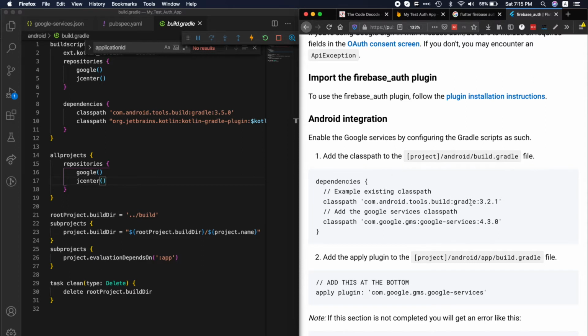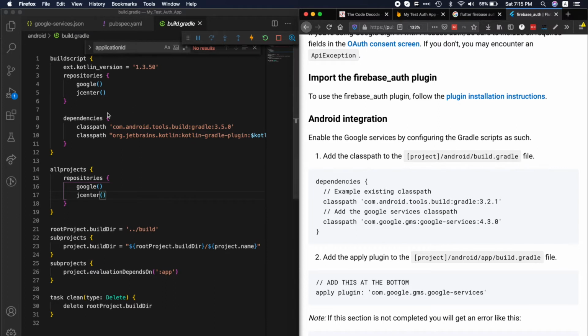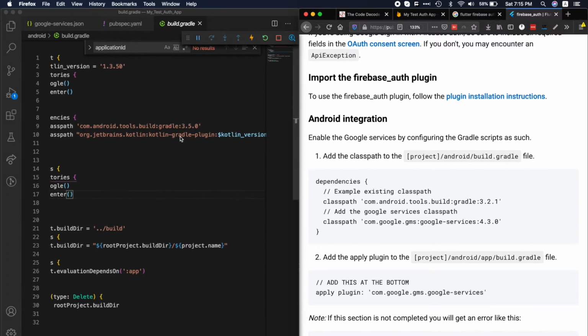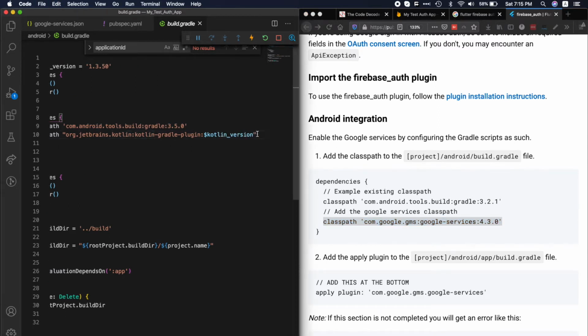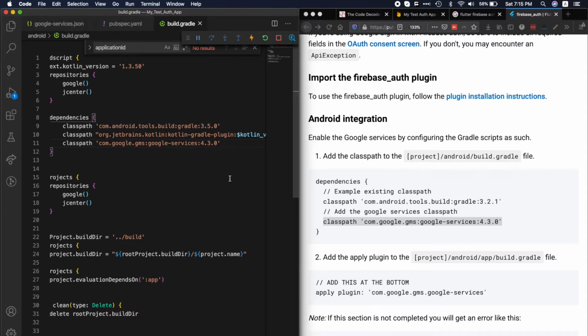So it says put this com.android.tools.build:gradle to dependencies. Let's see if it is already there. So this is already there. We can skip it, but this one is not there. We should copy it and paste it here. Save it now